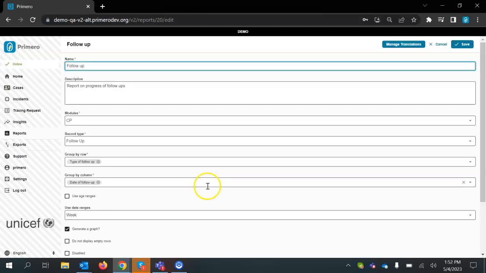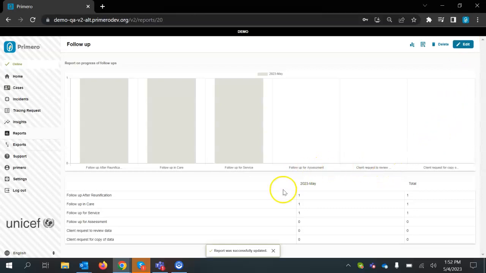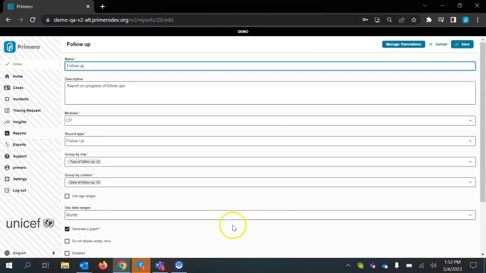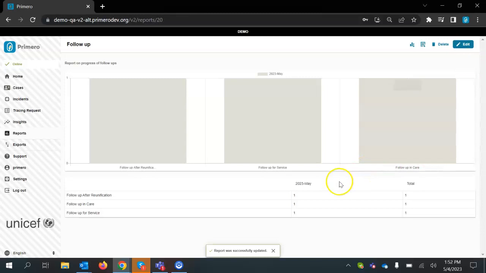If I continue to click on edit and update this by month, for example, and click save, I'll now be able to see all of the follow-ups that happened in May. One thing that will be more useful maybe is I don't want to see any empty rows. So this will eliminate any information that has 0 in it and only show the information that has been entered into the system. So if I now click save, I can now see that there are 3 follow-ups that have been conducted, and you can see that they're now broken down by the type of service